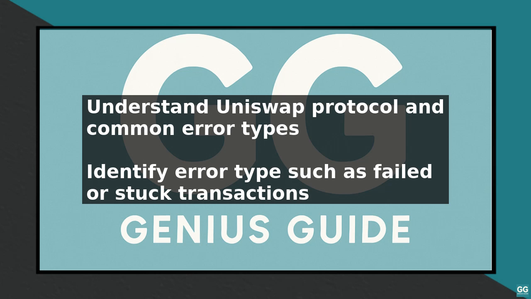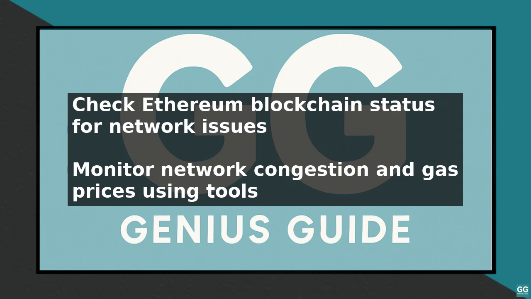First, identify the type of error you are experiencing. Common errors include failed transactions, stuck transactions, and high gas fees. Failed transactions can occur due to insufficient liquidity, incorrect gas prices, or network congestion. Stuck transactions can happen when a transaction is not confirmed by the network, often due to low gas prices or